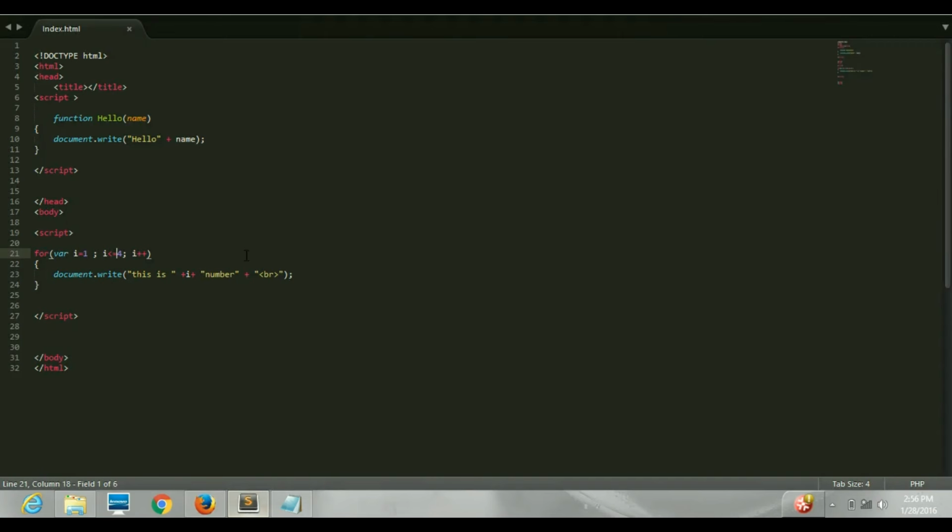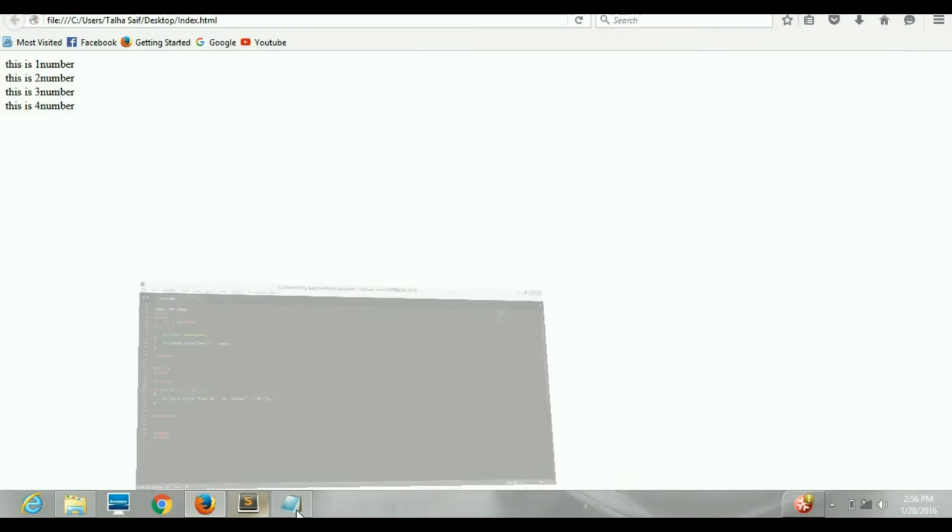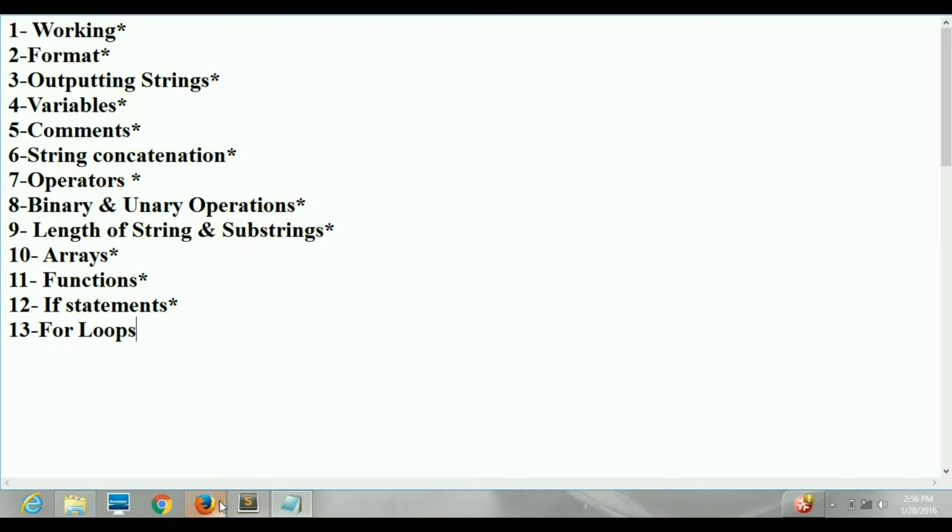You just need to change these numbers in order to change or manipulate the output. There is no reason that you must write 0 here. You can write anything you want, according to your need. Okay, so we are done here with